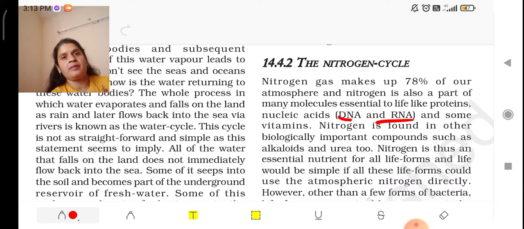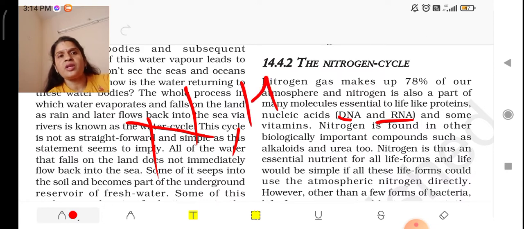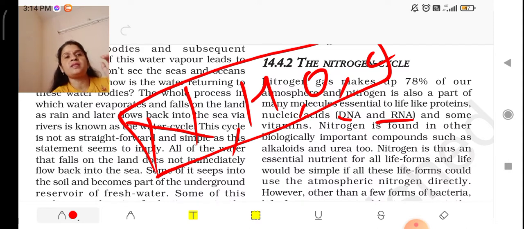Our blood contains hemoglobin, which is made up of nitrogen, meaning proteins. Protein's main component is nitrogen, and even many enzymes and hormones are made up of proteins. Protein is actually made up of nitrogen, hydrogen, oxygen and carbon. So if there is no nitrogen, protein cannot be synthesized, correct? So there is no possibility of life without nitrogen